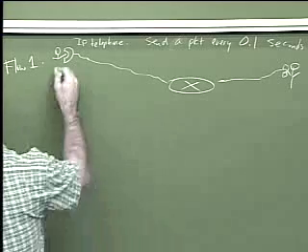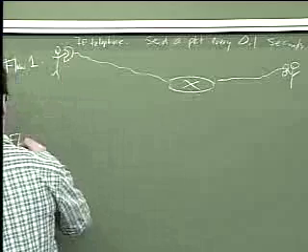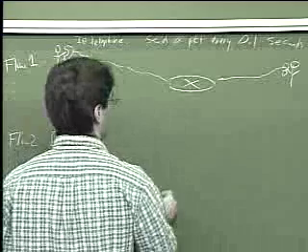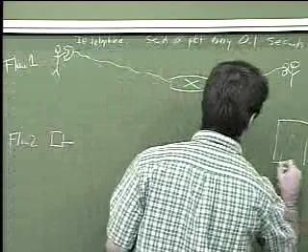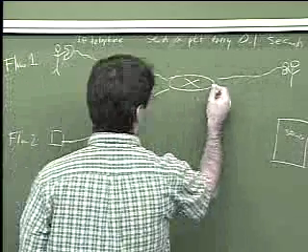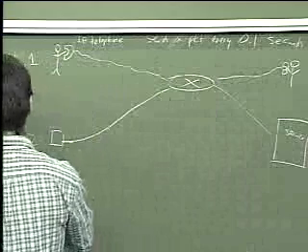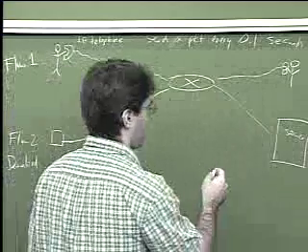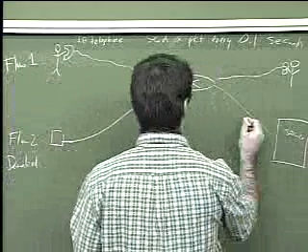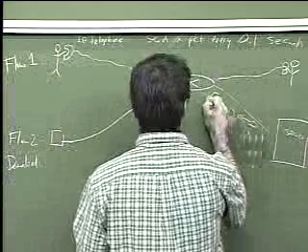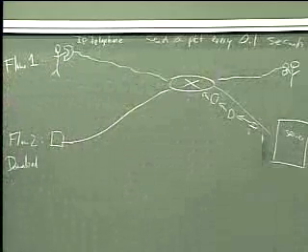Okay, and at the same time, flow 2 is some machine downloading a movie from some server, going to the same router. And the packets are coming in fast and furious. Okay, so this thing is sending tons of packets. Okay, if you look at it from the perspective of the queuing system,